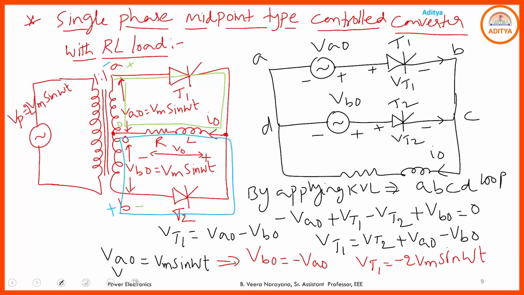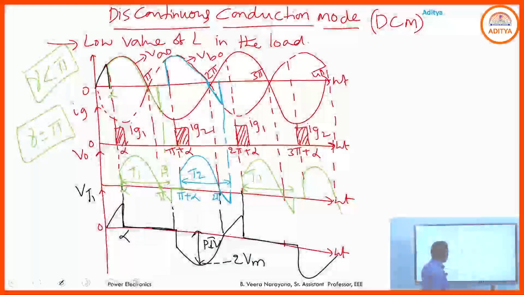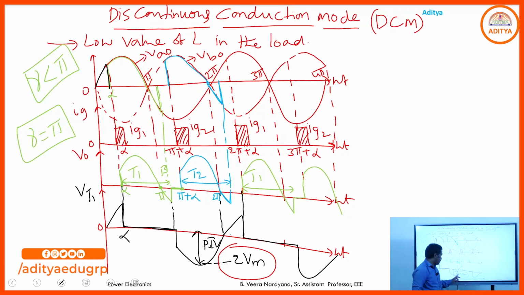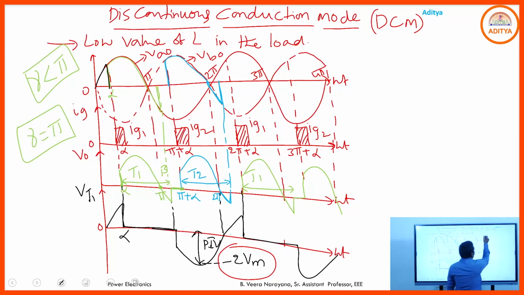So minus 2 Vm sin omega t means whenever T1 is in the reverse biasing mode, the maximum voltage available across the SCR during the reverse biasing mode is minus 2 Vm. That is simply the representation of peak inverse voltage. And these are the output voltage and output current waveforms. And if you go through the average DC output voltage,